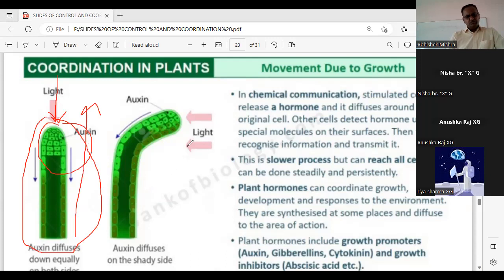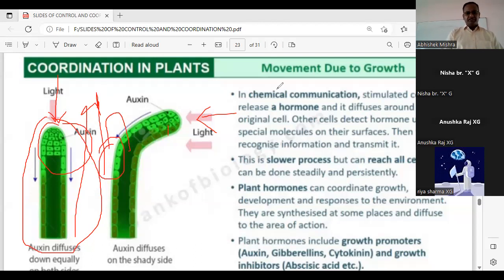But now see what happens when the sunlight is coming from one side. We say now the plant is bent toward the light. Why is this bending occurring? Definitely due to phototropism. But what happens due to light? See, the hormones are sensitive, so when the light is coming from one side, the hormone auxin tries to diffuse to the side which is away from the light, the shady side, to protect itself. Now this part is growing and this part is not growing. So what happened? Ultimately, this part will bend.